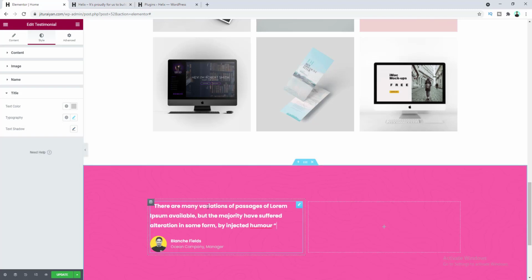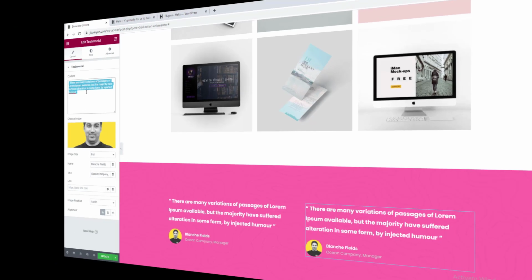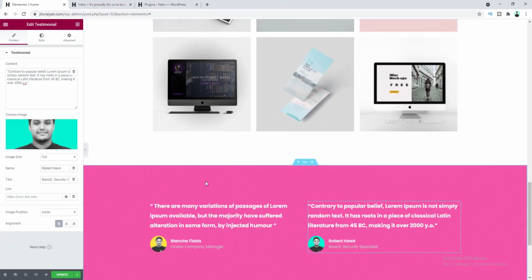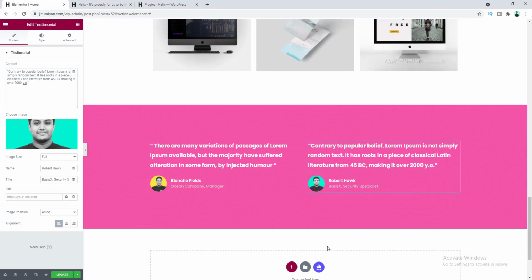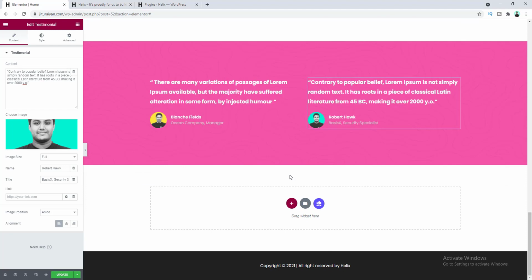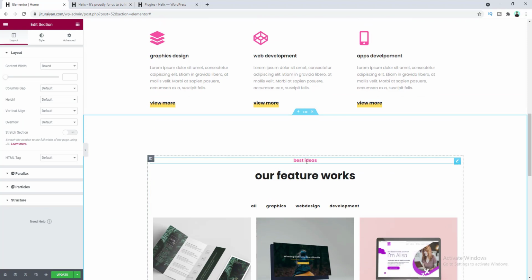Okay, so right now I want to copy this widget and paste it on the right column. Then from here I want to change this content. Okay, our testimonial section is also being added. After that, here I want to add a team member area where we will show the information and the images of our team member. So again, let's create a new section, and here as always let's copy this heading from here